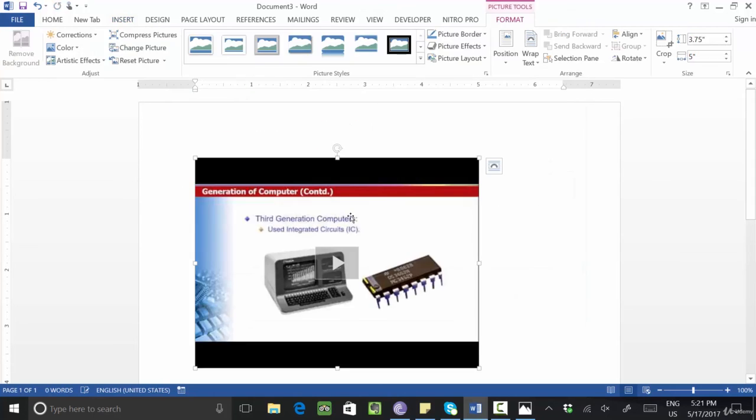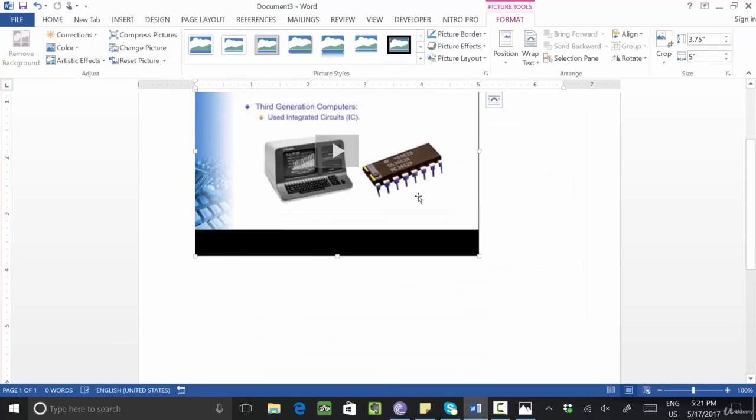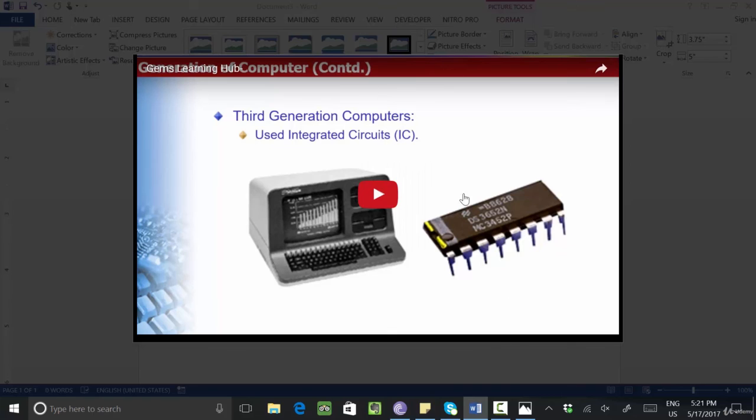Insert, so you will see the video will be coming here, so you can play. This video will start after downloading from the internet. Clear? So you can bring any number of YouTube videos here. Clear or not? You see this video is here, now you can play.